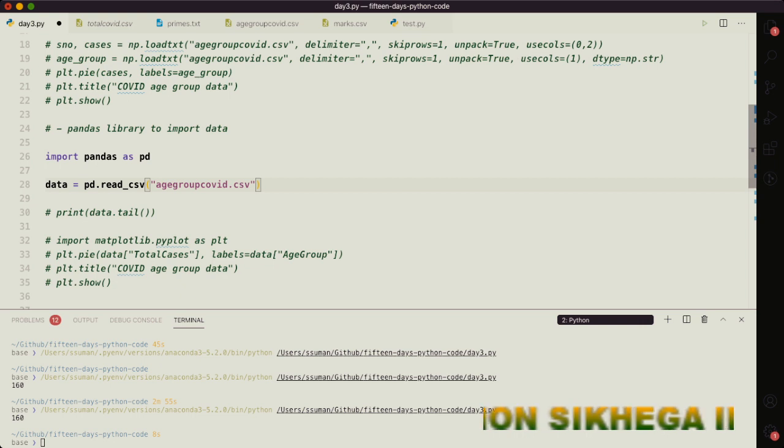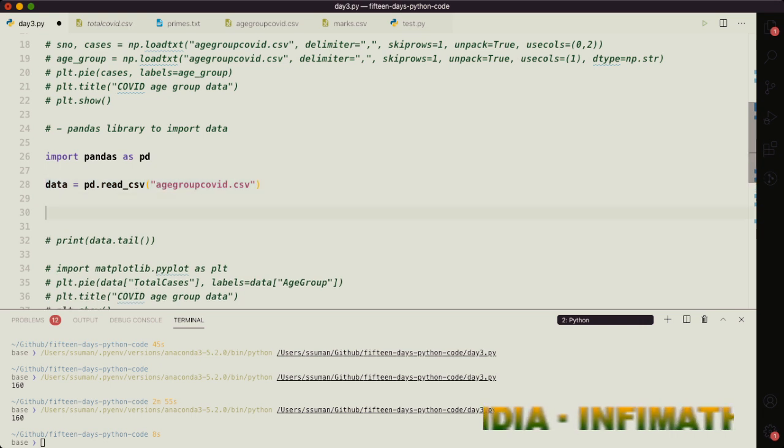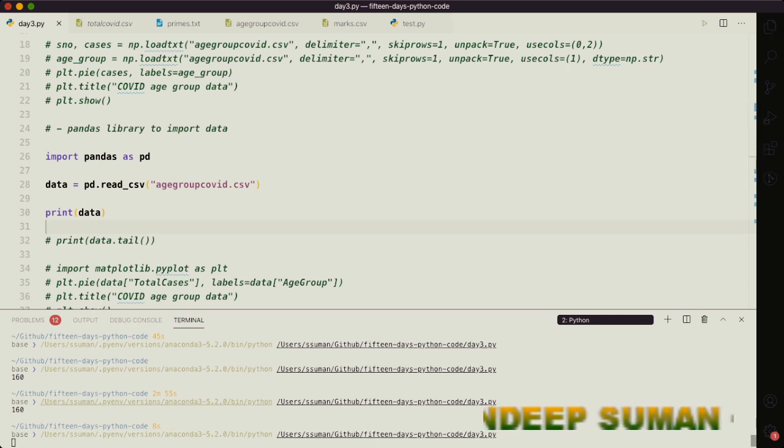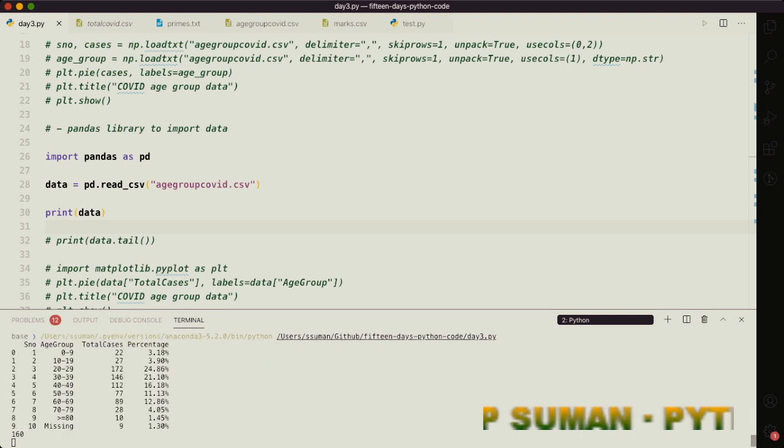And after importing the data, you can either print the data directly, print data, and you can visualize it. Let's check the data, and you can see that whole data is printed. Okay, this is the data.